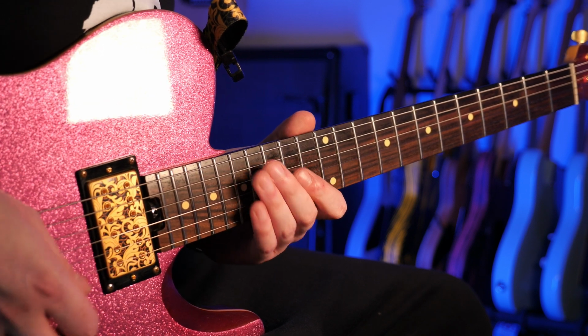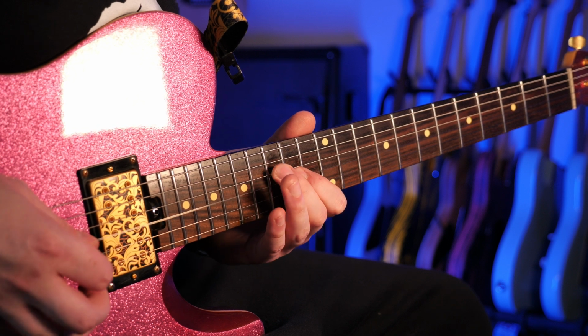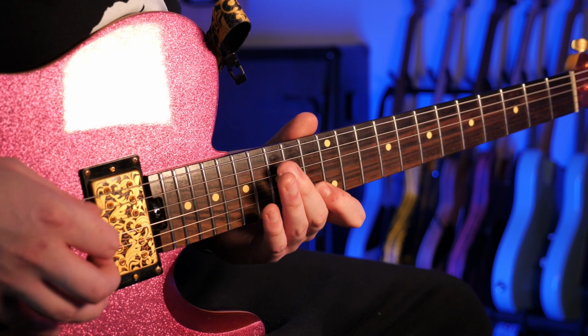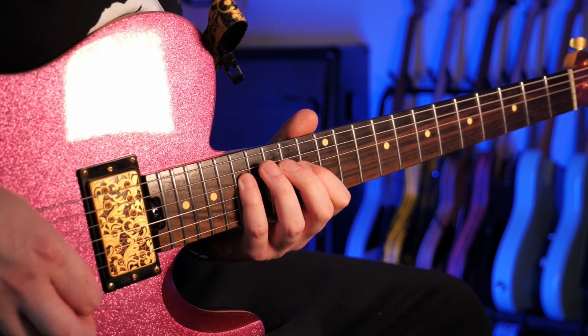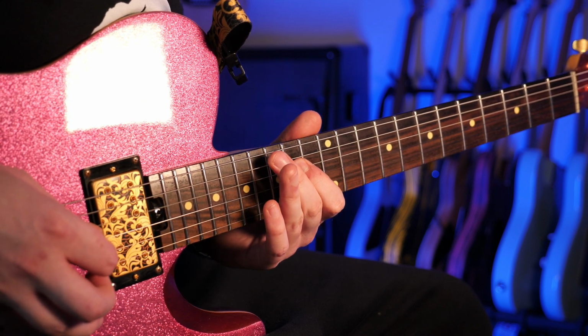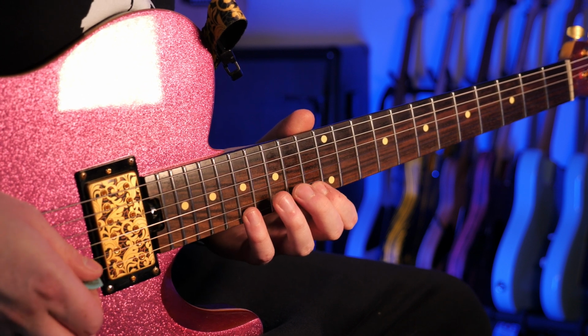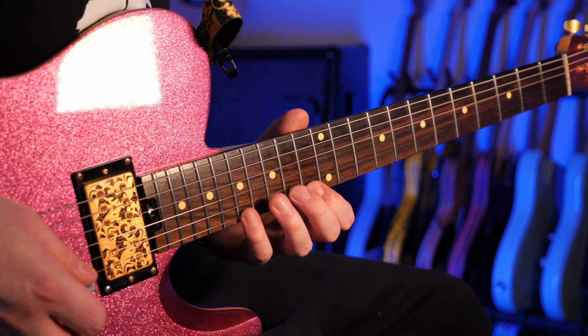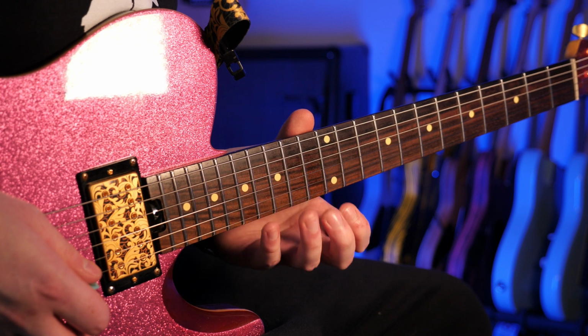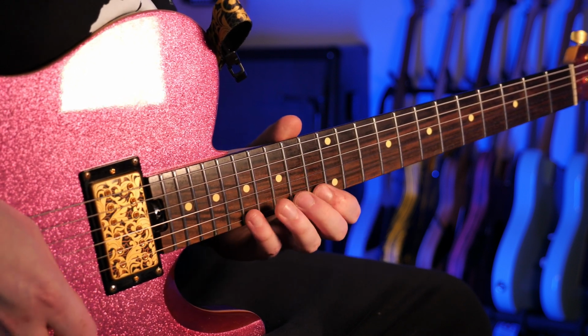The whole thing together. Okay, sounds like nothing when you hear it slow like that, but once you start to speed it up, you can really start to hear the musical elements being brought out with this pattern, and it just really pops. So you've got this,